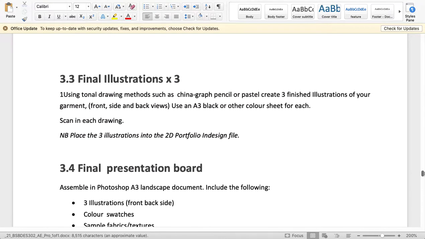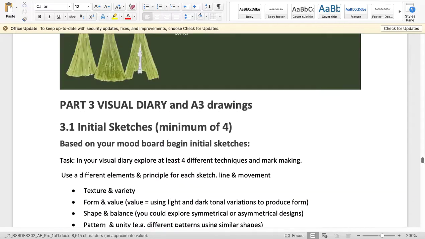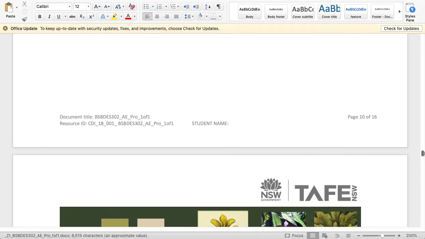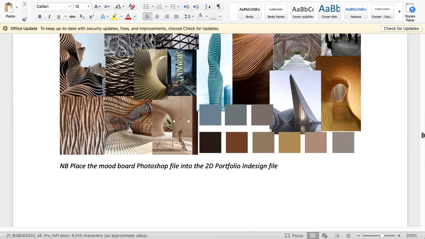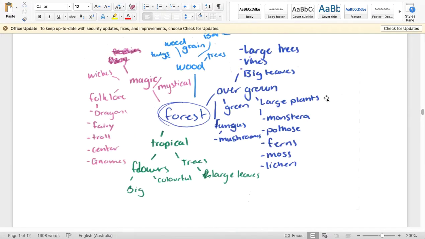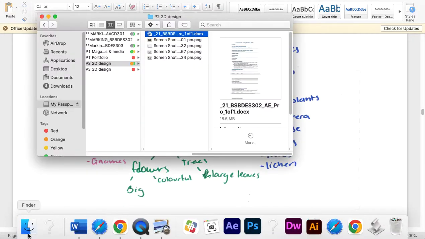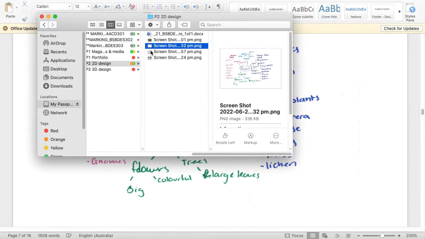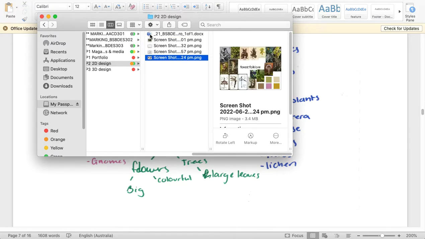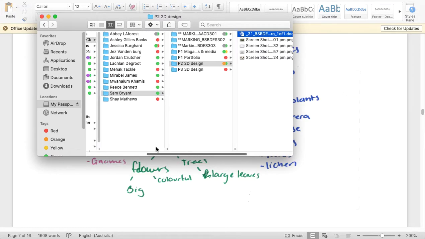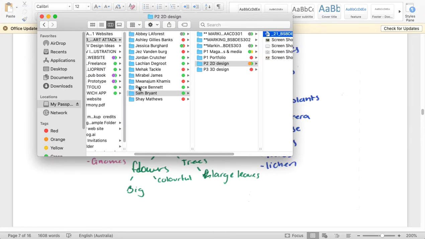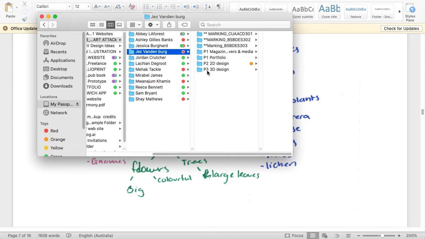So, sorry if I'm flipping backwards and forwards here. I was just trying to see if they've put their actual drawings in. Maybe not. They might have handed them in separately. Just looking for, no, I don't know where the drawings are for that one. Okay, but I think I showed you Reese's, didn't I? Mirabelle's. Don't think they